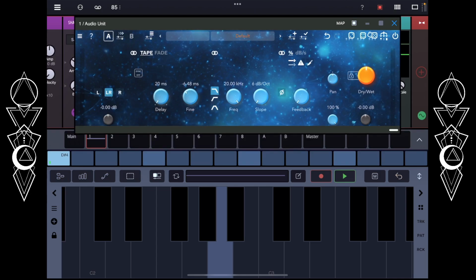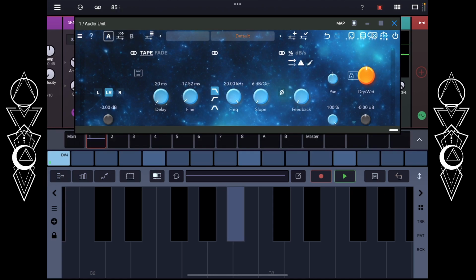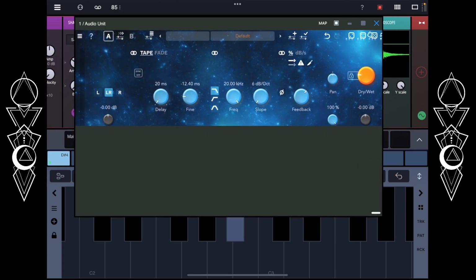And then I think what we can also do is set this to be like on that fine control here. And let's see. Whoa. If we can make this a little bit more sharp. Yeah, so you can hear that you get that really cool flanging sound. And so by adjusting the dry wet on here, you can hear how we're starting to kind of get these really interesting metallic tones that kind of come out